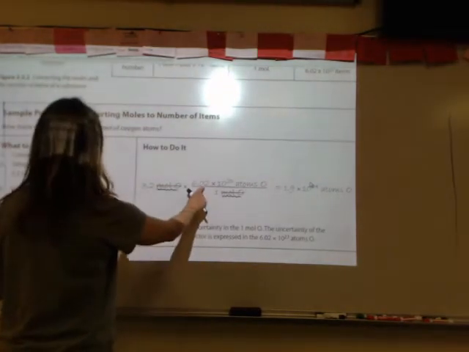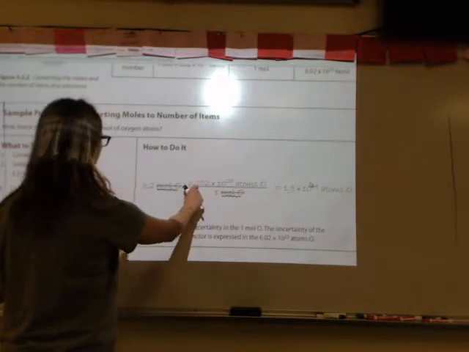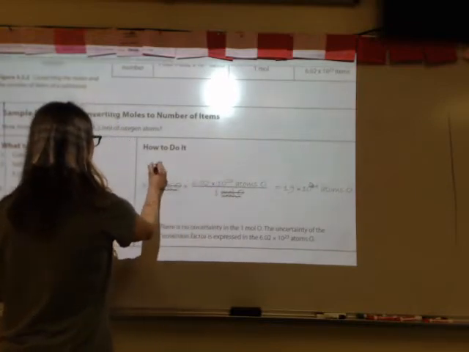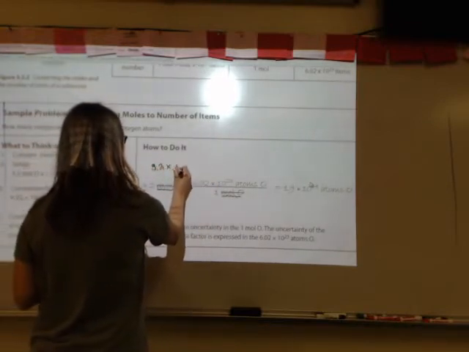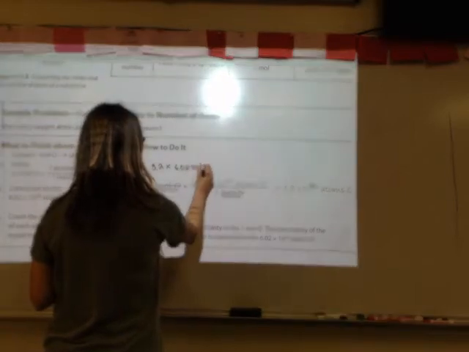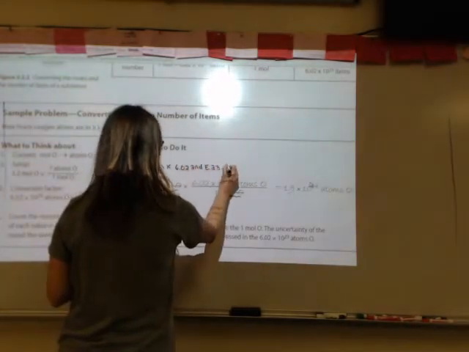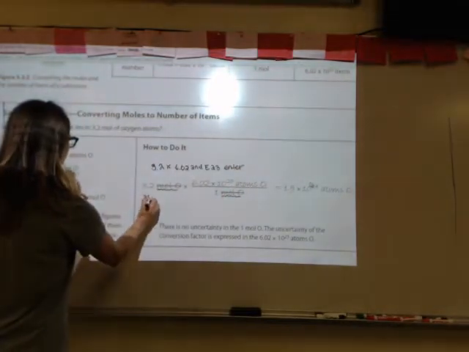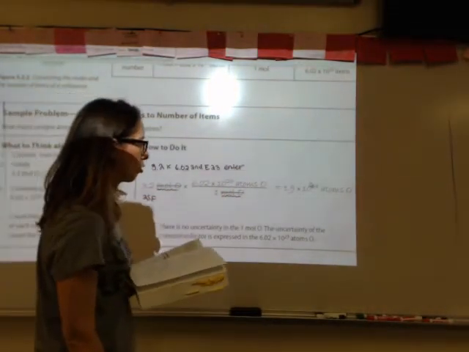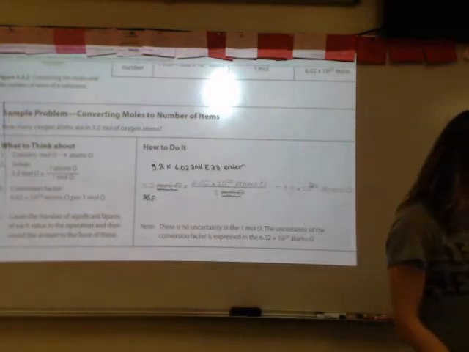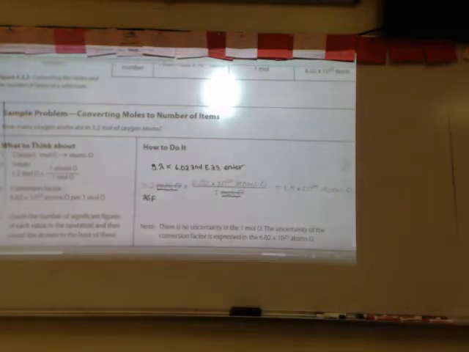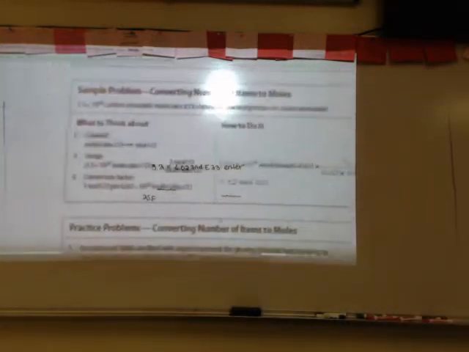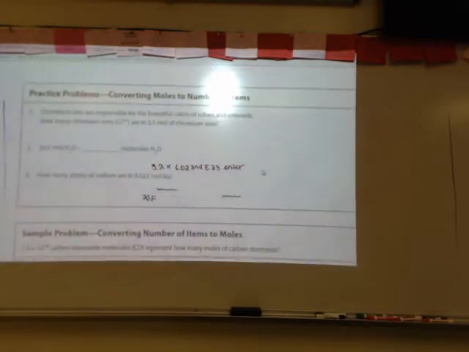And then 6.02 times 10 to the 23rd is on top. You would multiply. In your calculator, this is 3.2 times 6.02 second E 23. Enter. You want to have 2 significant figures in your answer because of the 3.2 having 2 sig figs. That's how you get 1.9 times 10 to the 24th. Now, if we go to the next page,